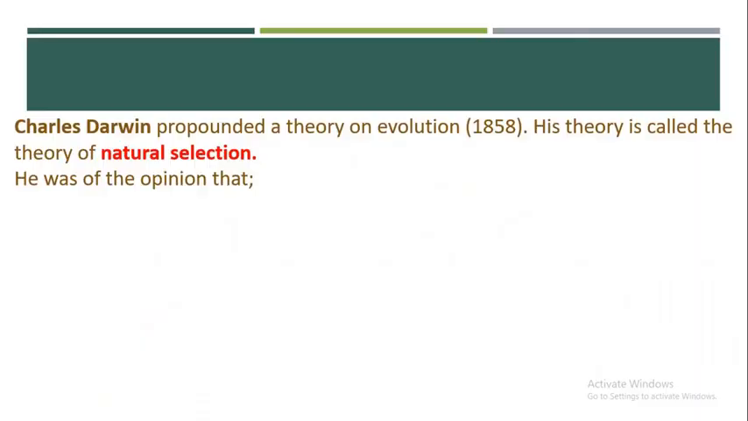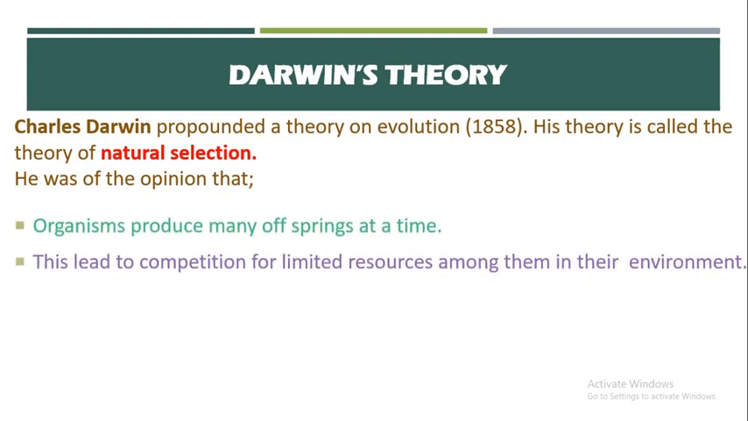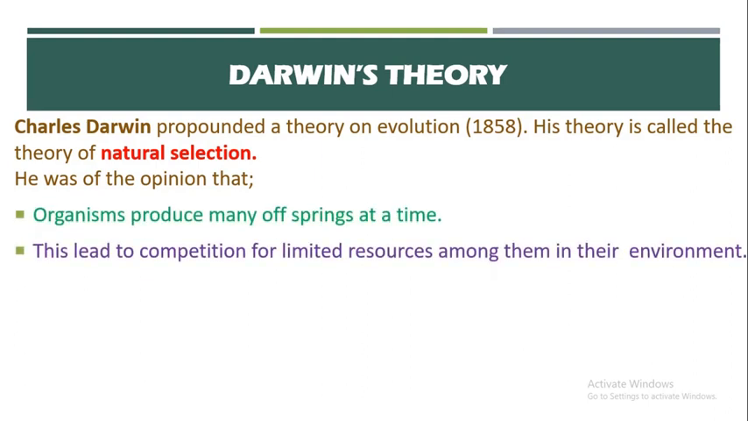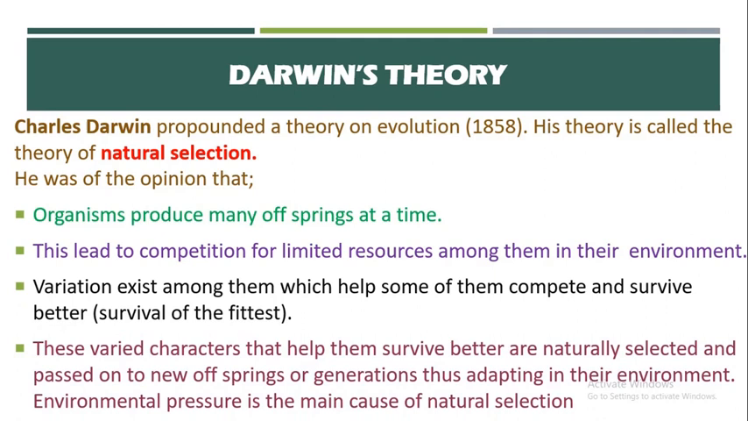The second theory we shall be discussing is called Darwin's theory. Yes. Now, a scientist called Charles Darwin propounded a theory on evolution. His theory is called the theory of natural selection. So Darwin's theory is also known as the theory of natural selection. He was of the opinion that organisms produce many offspring at all times. This leads to competition for the limited resources among them in their environment, and variation tends to set in among